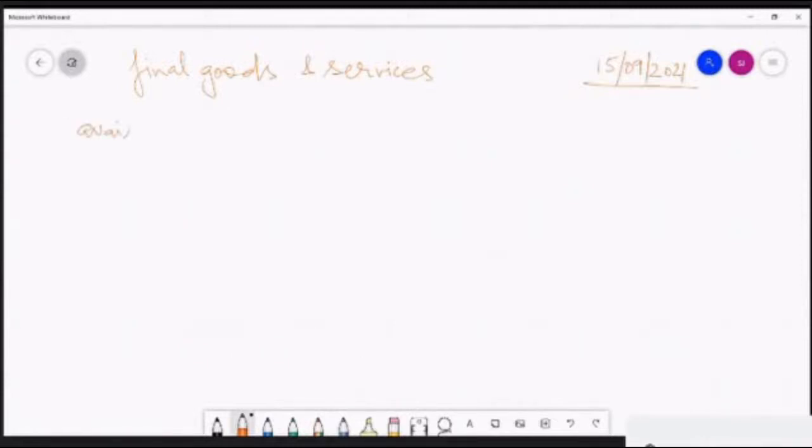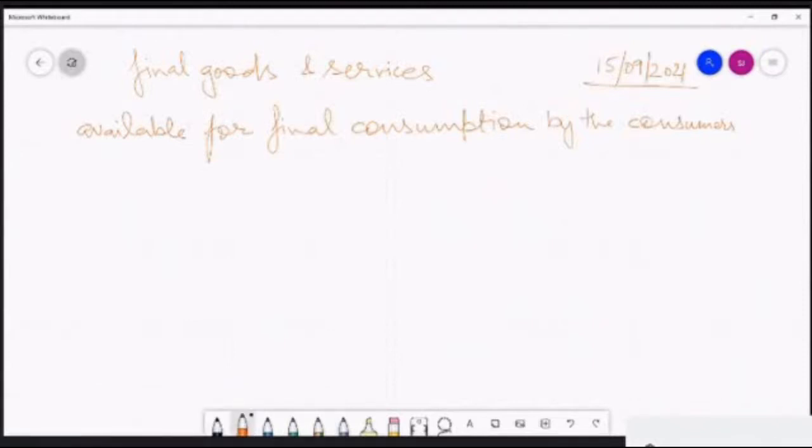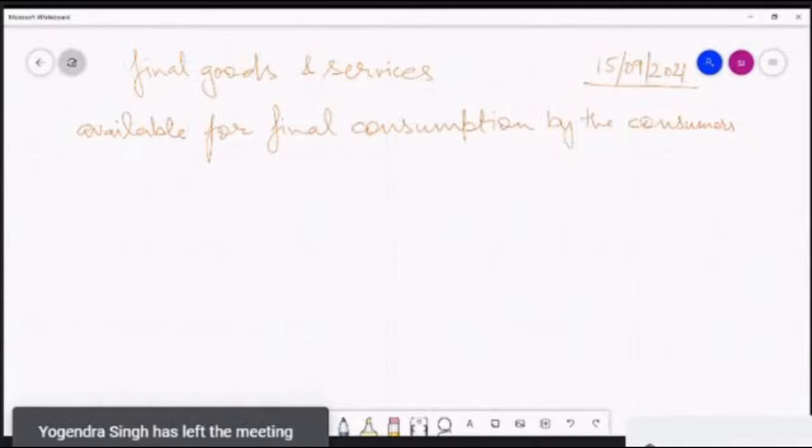available for final consumption by the consumers. Okay, so final goods are those goods and services, or those, see, when we talk about goods and services are